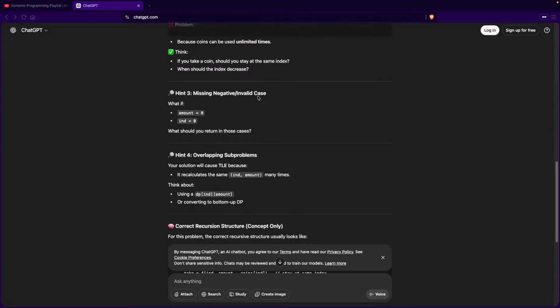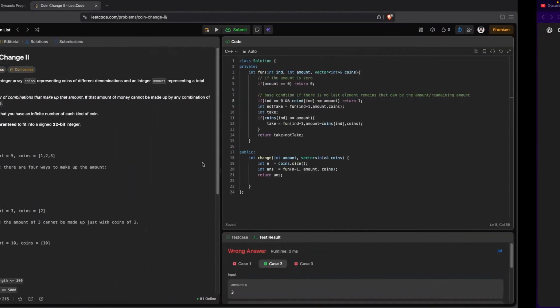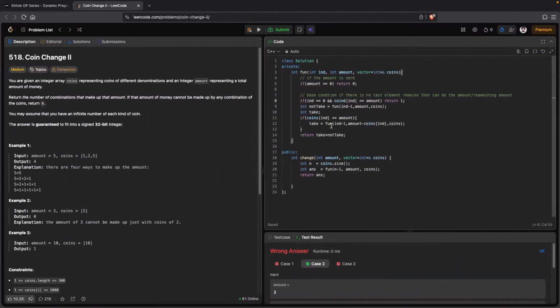Missing negative invalid case. What if amount is less than 0 and index is less than 0? What should you return in those cases? Overlapping subproblems, your solution will go. Yeah, okay, I will take care of that after this. But like in this case,